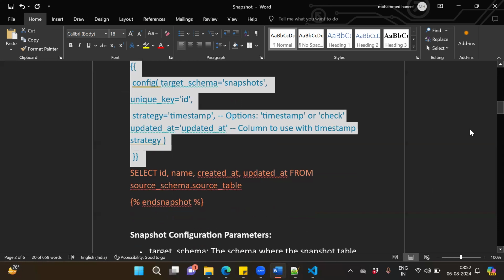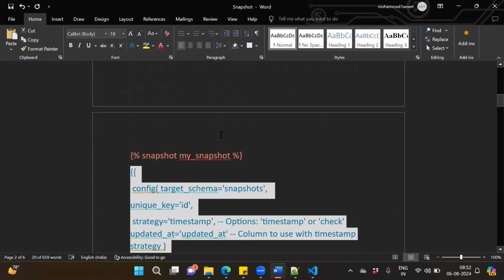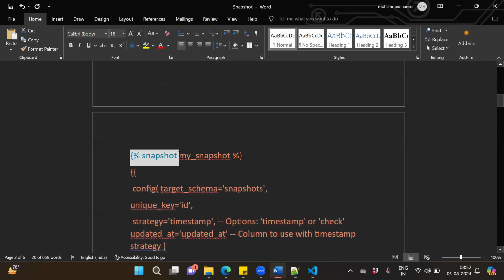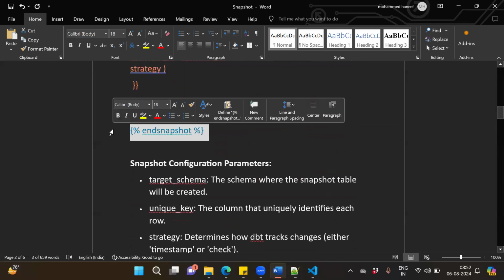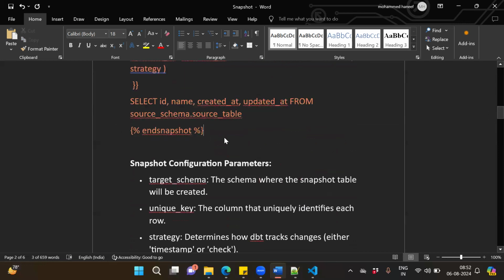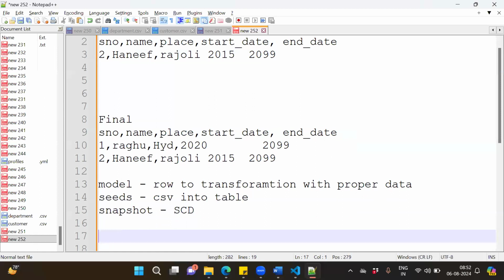Then you have end snapshot. Sorry, you have opened a snapshot here, right? Then you need to close the snapshot. In PL/SQL, you know we use begin and end, right? Whenever you write a stored procedure, after that you write create or replace